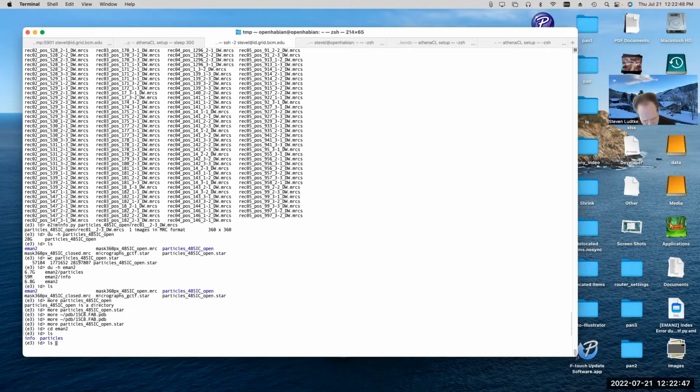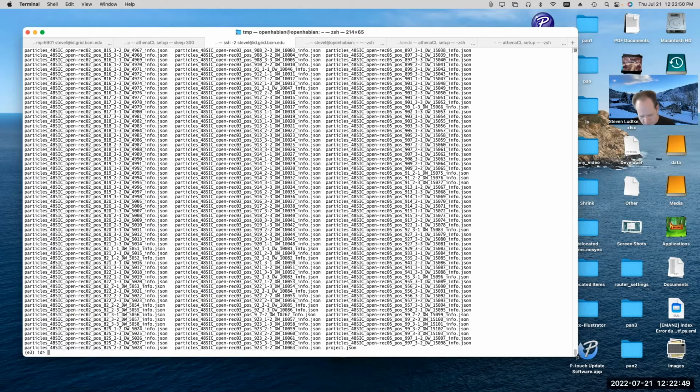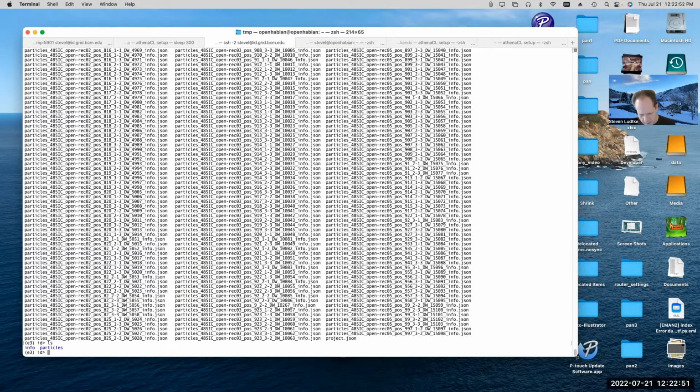Let's see. So if you look in an EMAN2 project, and I'll explain how we generated this: if you import a Relion project into EMAN2, what you'll wind up with is a folder called particles and a folder called info.